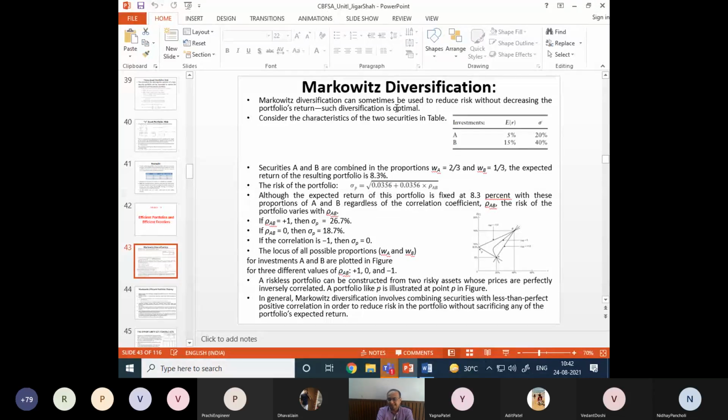How? By having diversification in the portfolio. So we have so many securities in the portfolio such that I get the same return by tweaking the weights, right? I get my expected return. I am not compromising on return, but my risk is to be minimum. That's my objective in designing a portfolio.